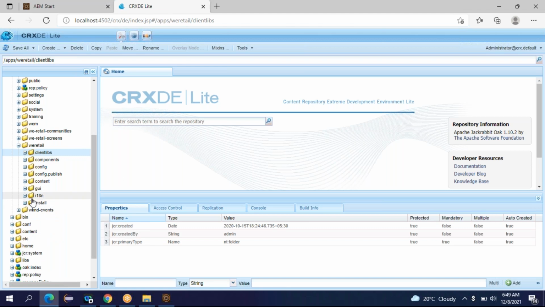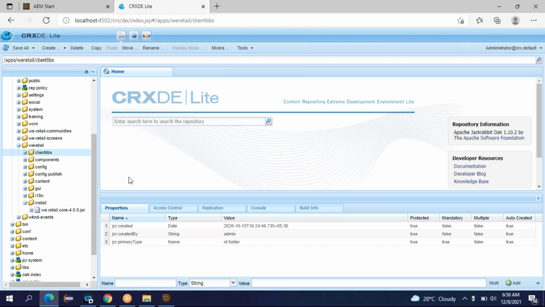So apart from that, you can see I18N. If you want to achieve the internationalization functionality in a project, you can create an I18N folder. Okay, so we'll discuss more on that going forward. Apart from that, there is a folder called install. When I expand it, I'll find a jar file.